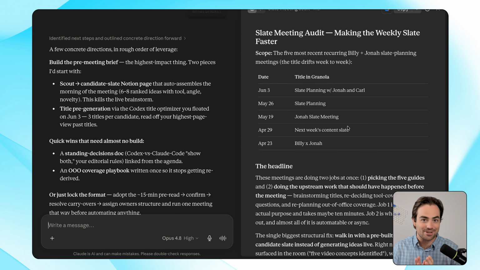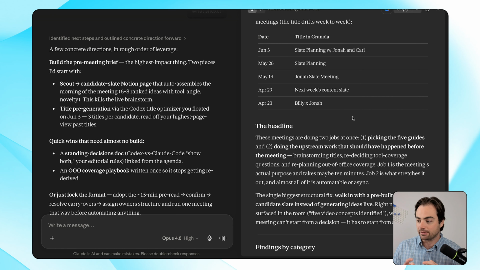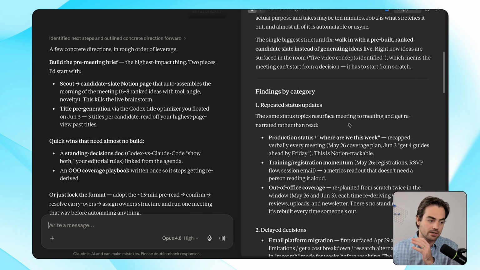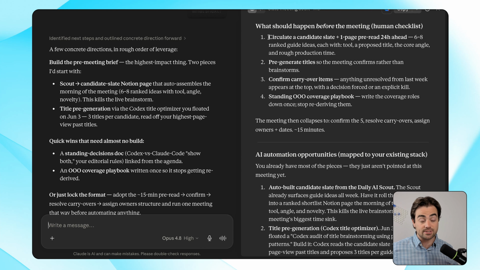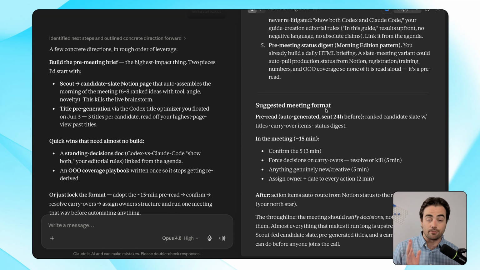Okay, this was actually so useful, guys. Please do this on one recurring meeting. Basically, it identified all the work we were doing during the meeting that should be done before and changing the meeting to be more decision-based versus work-based. It found repeated status updates that we didn't need to talk about. And the best part is it suggested an idea for a pre-meeting brief that we can circulate that's 1 page, as well as some really good AI automations that I didn't even think of on how we can automate a lot of the pre-work,